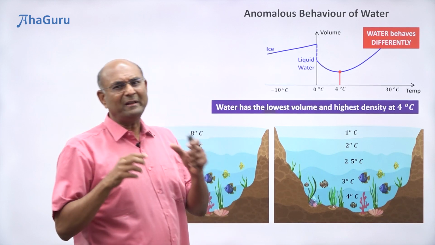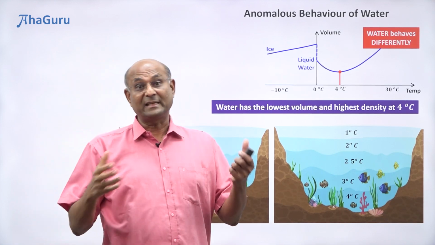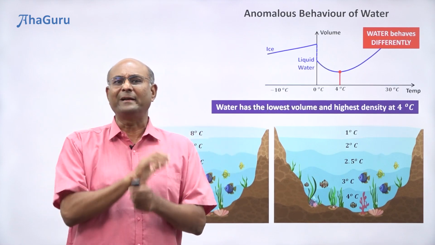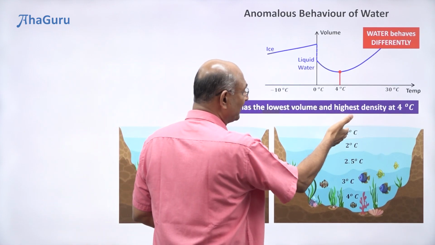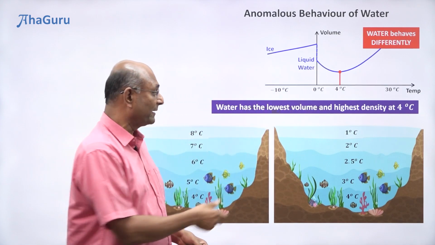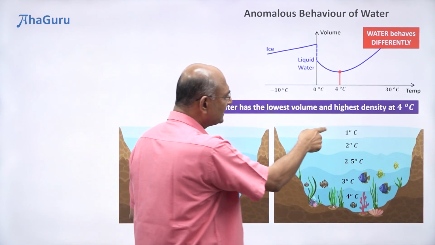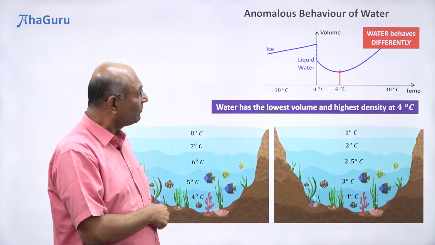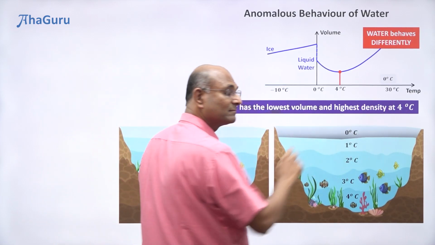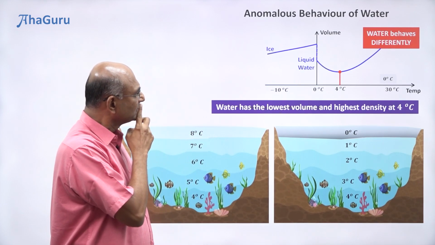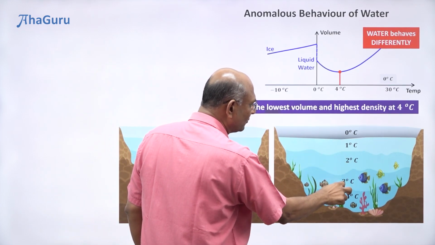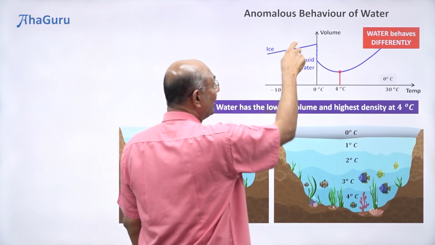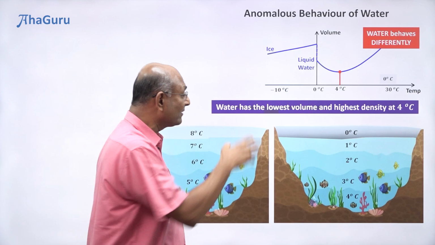Remember in very, very terrible winters, and Earth has gone through lots of glacial periods where it is like really massive winters. So it won't stop at one. More and more heat will keep escaping from the top layer. So let us say that this basically becomes 0, right? It will become, let's say, ice. Then what will happen? This will become ice. Will it sink down? No, because ice has more volume than water, so less density than water, it will float.